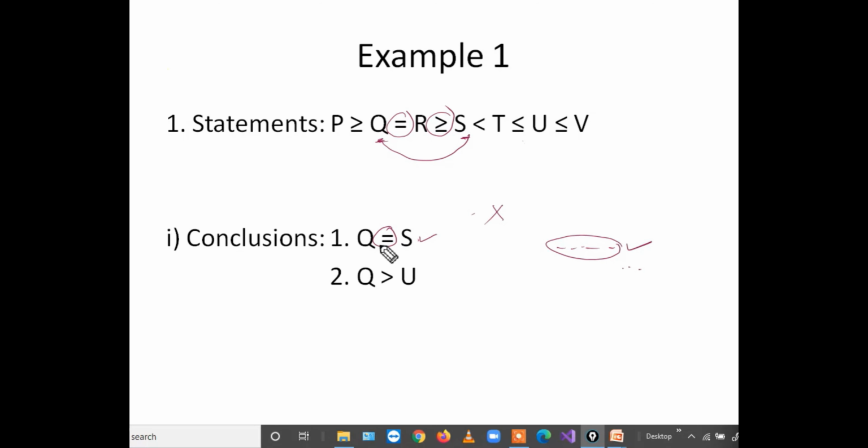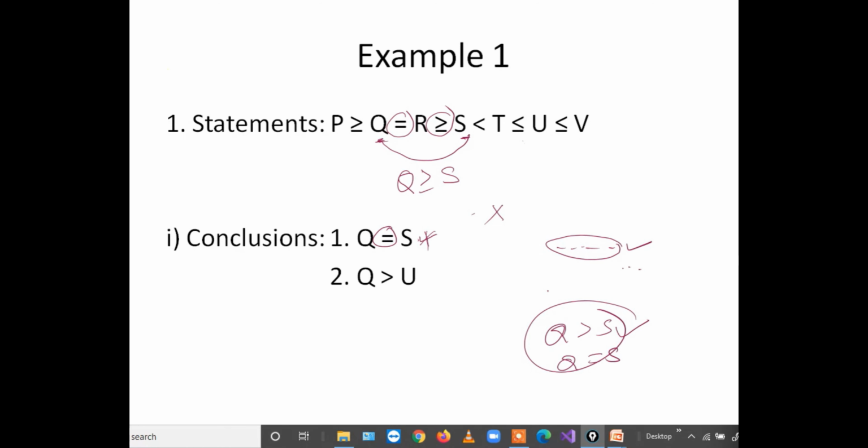So here between Q and S, actually the relation is Q is greater than or equal to S, means Q greater than S is possible and Q equal to S is also possible. If a conclusion follows both these two, then only we have to say it follows. But here we have only one. So it is 50% true, not 100%. Generally we will consider 100% answers only as perfect answers. It is 50% true, but not 100%. That's why it is not follows. Right.